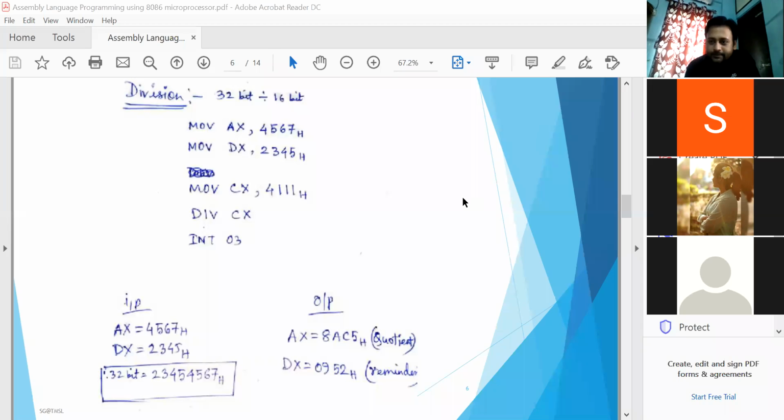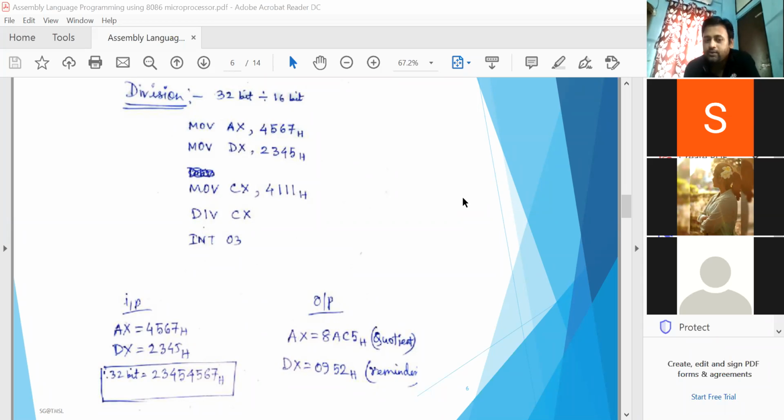Anything else? Sir, in the second option, after AX, we have to choose only the DX register pair? Like after the AX register, can we use the CX register in place of the DX register?